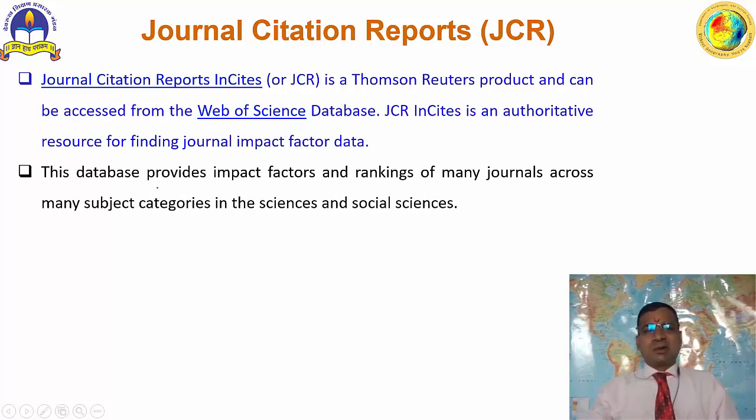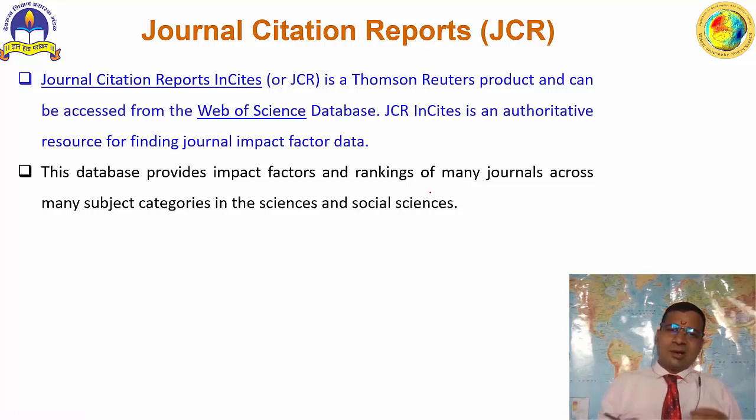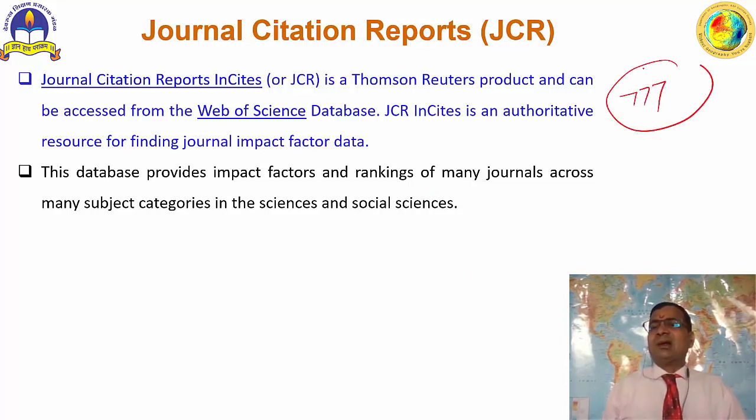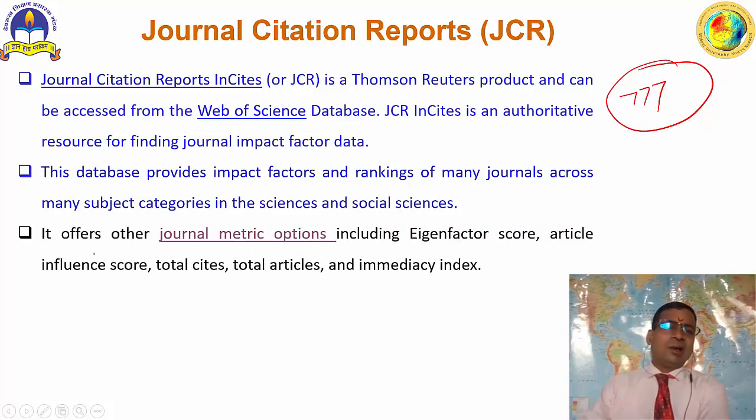The Journal Citation Reports database provides impact factors and rankings of many journals across many subject categories in sciences and social sciences. You will be surprised that there are so many journals related to our subject. A few days before, I was just searching and I found that there are 777 journals related directly or indirectly to geography that are indexed in Journal Citation Reports, that is Thomson Reuters. Then it offers other journal metrics including Eigenfactor score, article influence score, total cites, total articles,